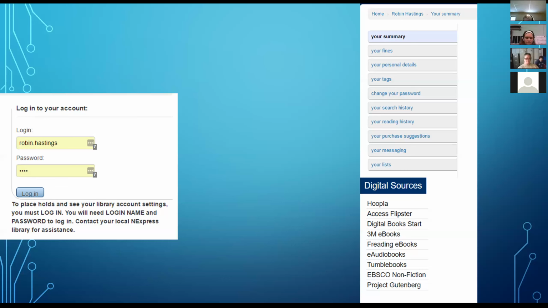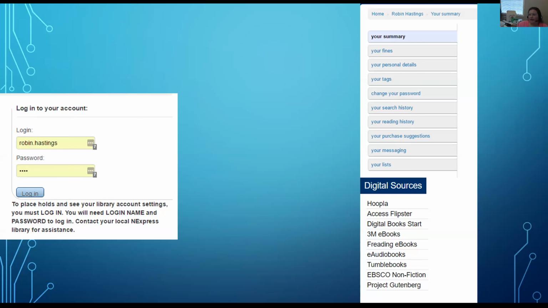Log into their catalog from the mobile site on their device, click on Access Flipster, choose a magazine, and then at the top left of the Flipster interface on the browser will be an option to open an app. It's not necessary to open a magazine in the application, but it is a much nicer experience. So I just wanted to point that out real quickly before we moved on.